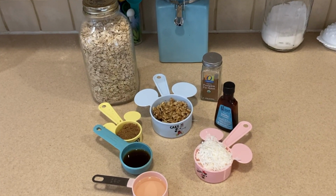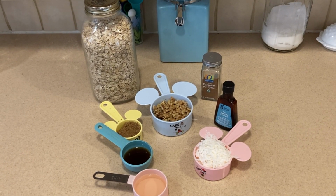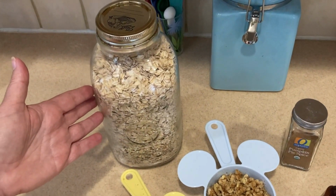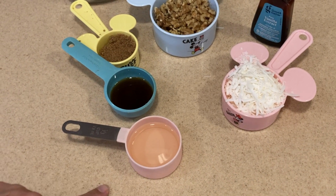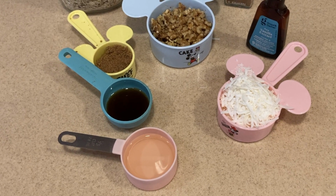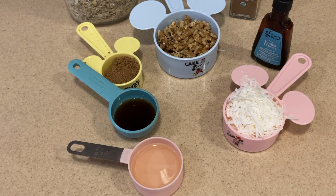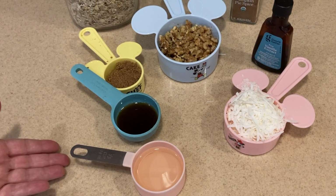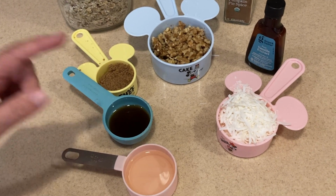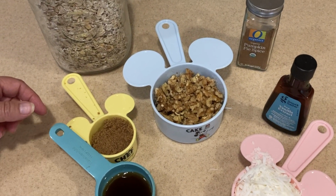Are you ready to think outside the box? How about we make some crock pot granola? All we're going to need is 3 cups of oats. We're going to need a 1/4 cup. I'm using vegetable oil, but you can use any mild tasting oil you want, kind of neutral tasting. You can even use coconut oil, but just make sure you melt it to get the correct amount. I've got about an 1/8 cup of pure maple syrup. I've got an 1/8 cup of brown sugar,